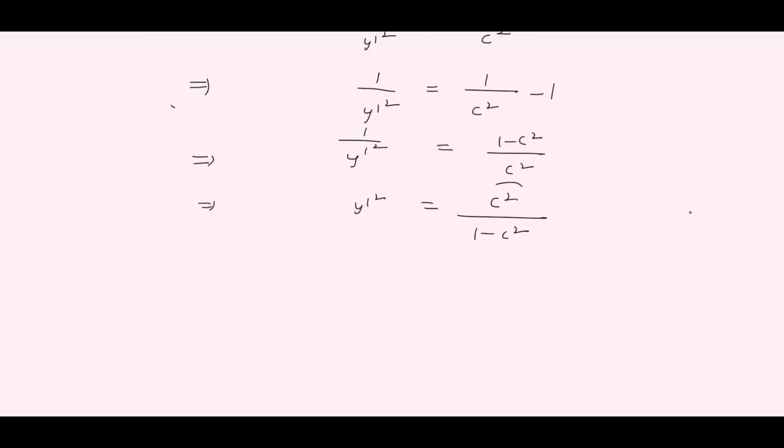So this is our whole constant, so we can assume here that it is a square. So on comparing on both sides, y' is equal to a. Further integration will give y of x is equal to ax plus b,